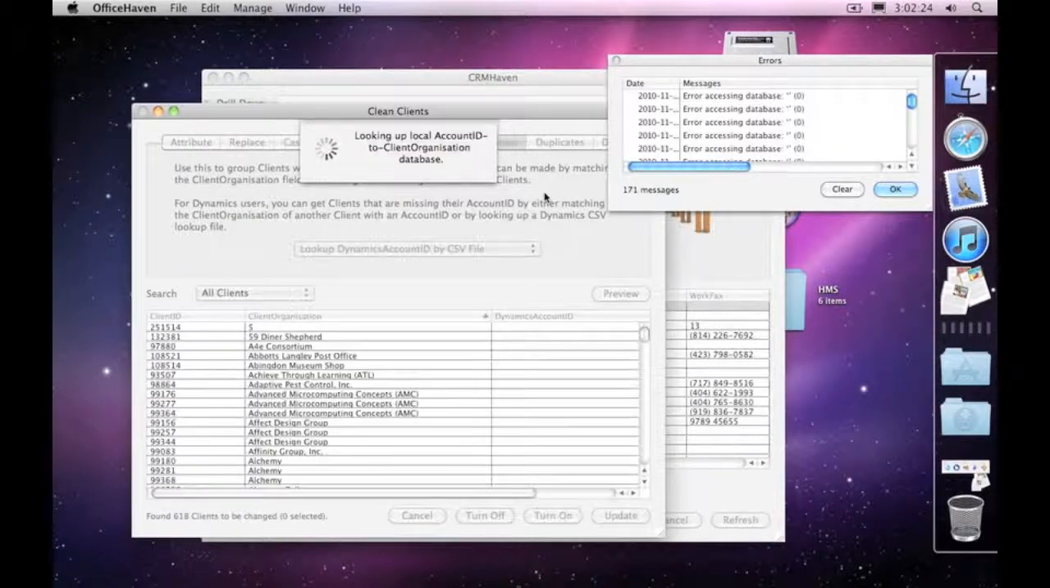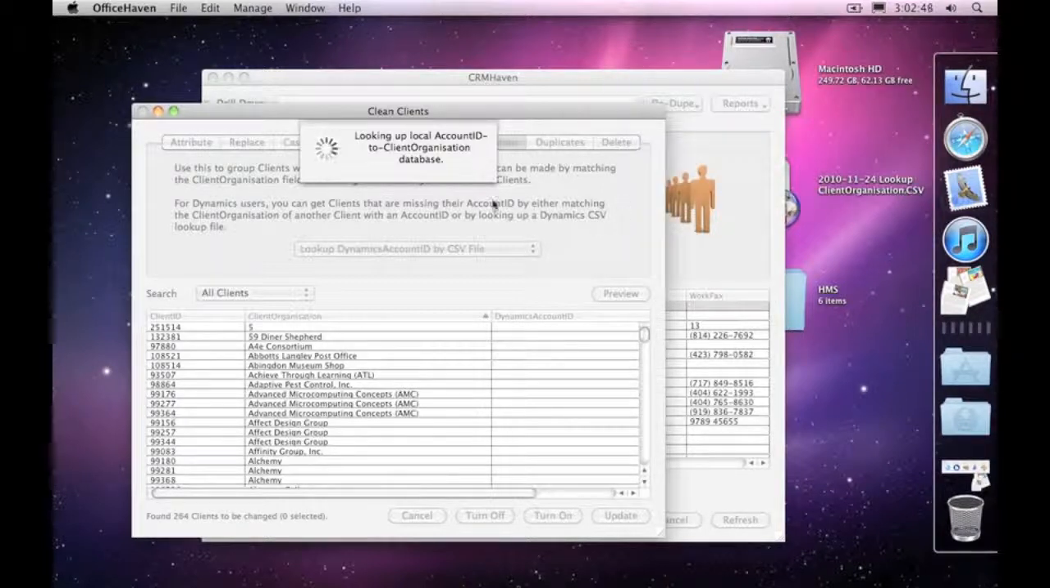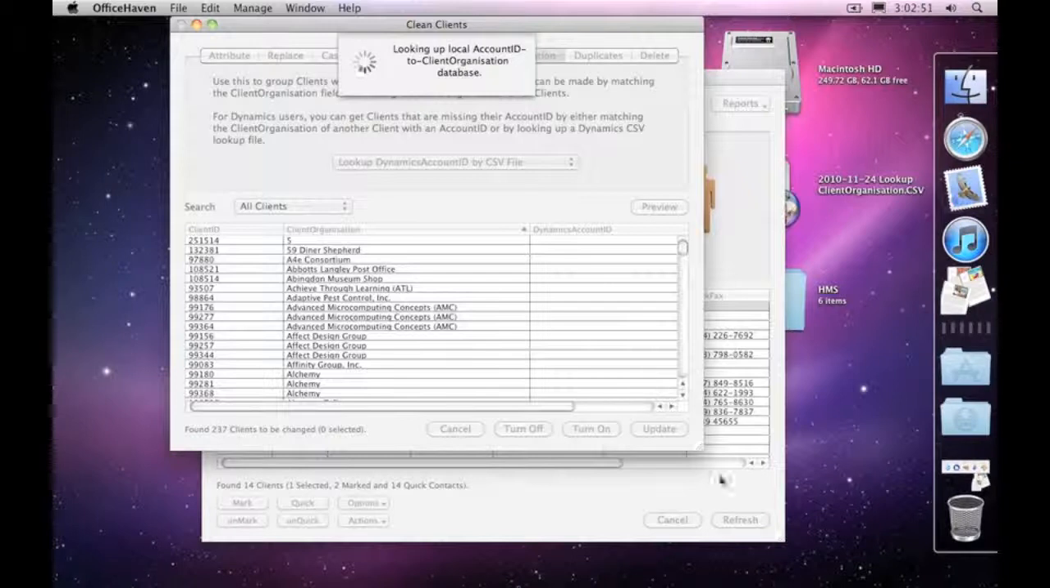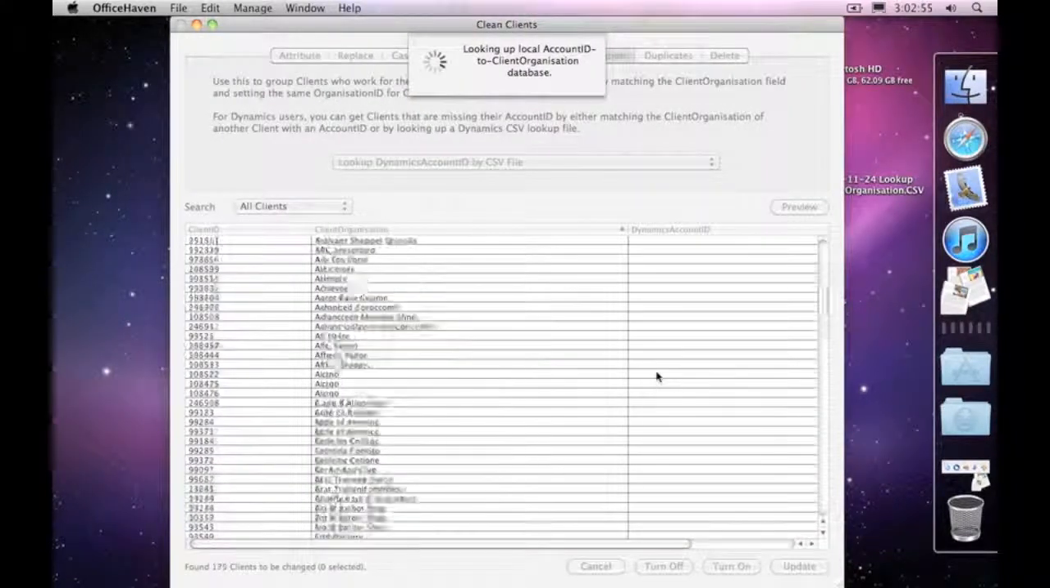So that way we can use CRMHaven as a means to extract, to clean up, and re-import data to and from Dynamics CRM, or just go one way if you want to just take the information out. Okay, so now that that database has been built, I'll just clear that and close that down. It's looking up, based on our data on the server,